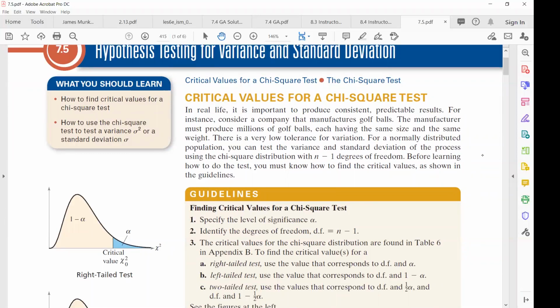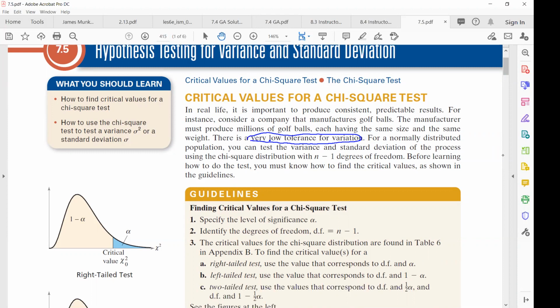In real life, it's important to produce consistent, predictable results. For instance, consider a company that manufactures golf balls. The manufacturer must produce millions of golf balls, each having the same size and the same weight. There is a very low tolerance for variation. For a normally distributed population, we can test the variance and standard deviation of the process